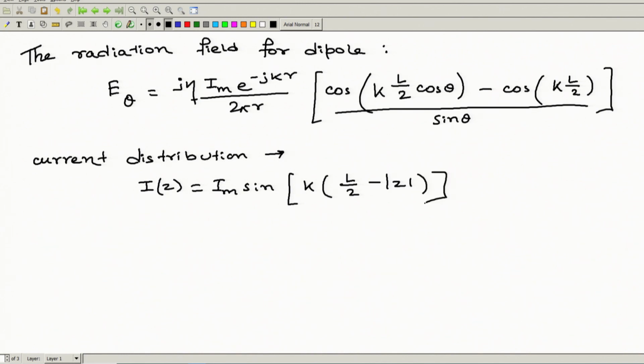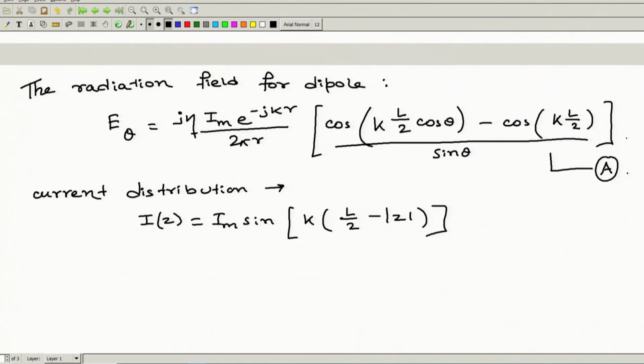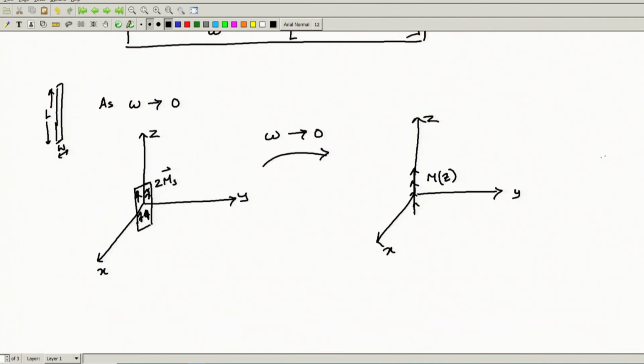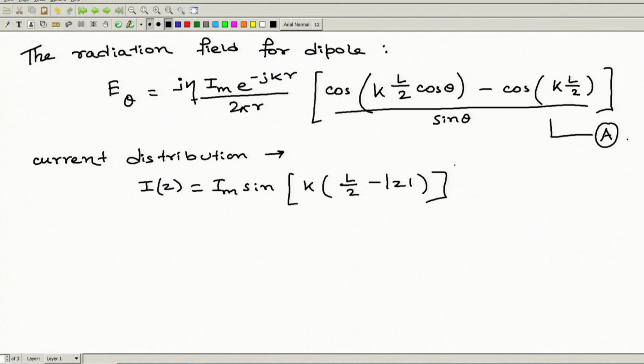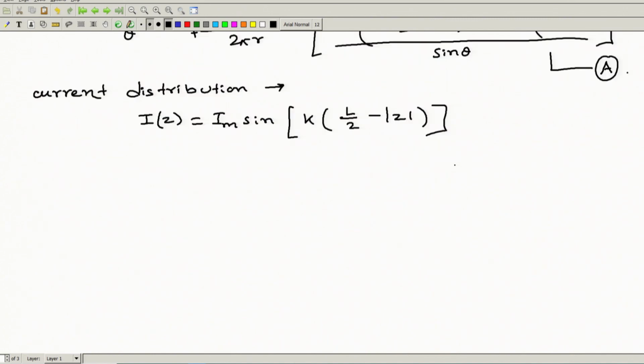So basically with this equation, if this is equation number A, now the radiated field for this figure for Mz we can write down using the duality. So by using the dual of equation A,